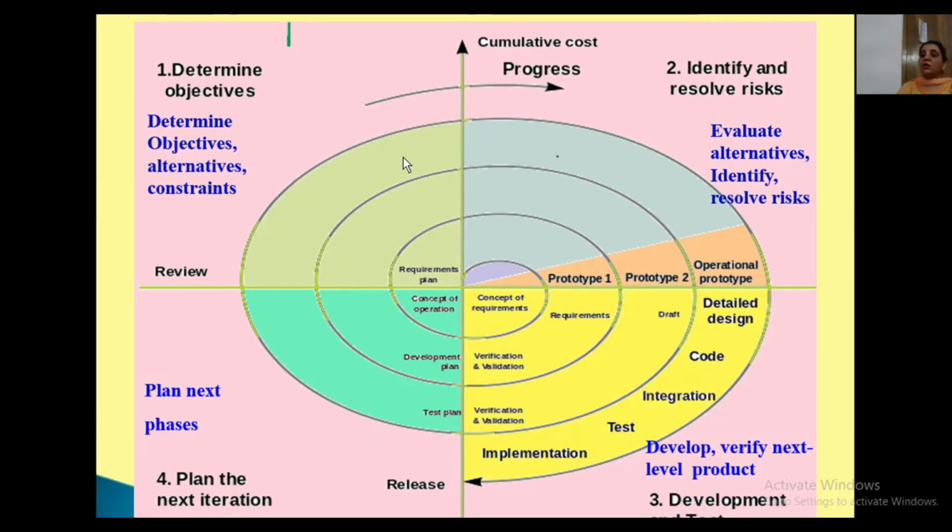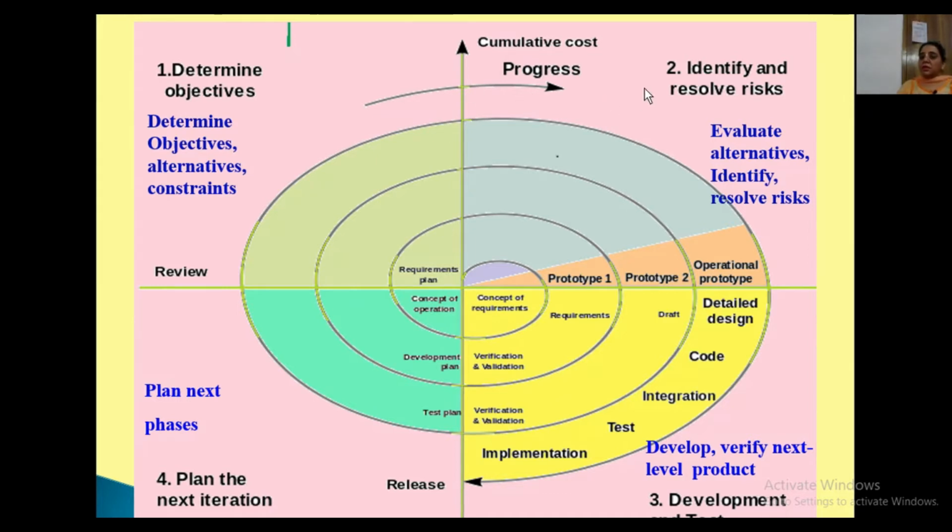Now this is your detailed spiral model. Basically we have 4 quadrants, 1, 2, 3 and 4, and in every quadrant a few activities are carried out, completed, and later evaluated. Number 1, determine objectives, alternatives and constraints. We need to identify the objectives of our system. What are the alternative solutions possible? This also has to be analyzed here. Constraints are the conditions under which the system can be developed. And with this move of the arrow, we are progressing in this particular model.